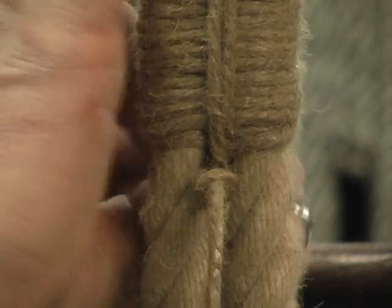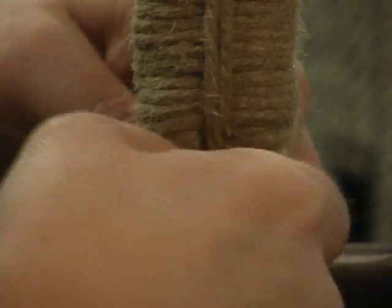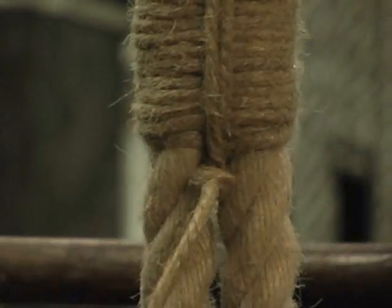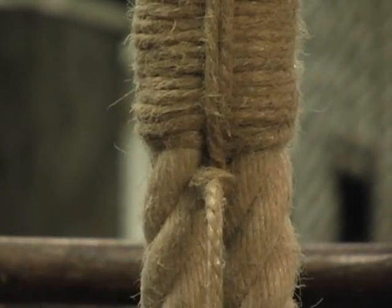And then you cinch that up nice and snug. And then you trim it off. Go ahead, Jack. And that's the quicker